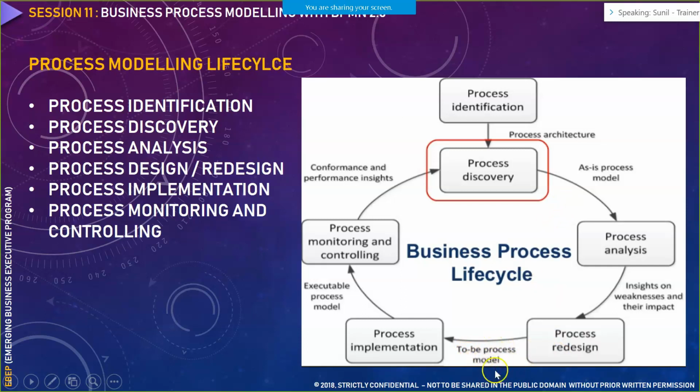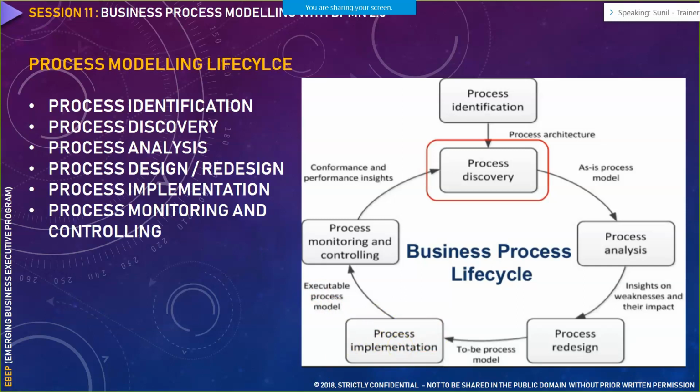So 2B process model is an improved version of as-is process. Here in this process model, as-is process, we identify the pain areas, and here we give the solution around those pain areas in the 2B process model. Like, what is our proposition for the improvement of this particular system? Now, after we have given that proposition, we go about implementing that particular process with the help of development team.